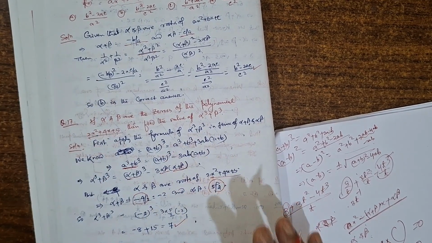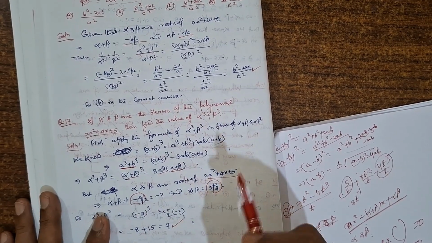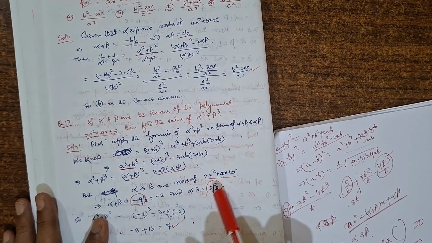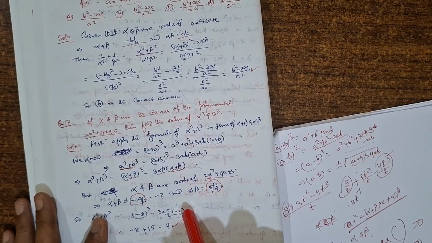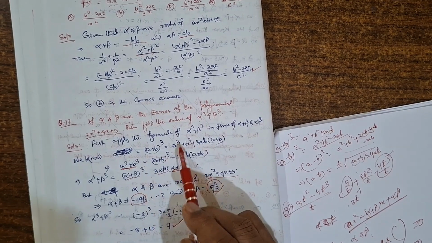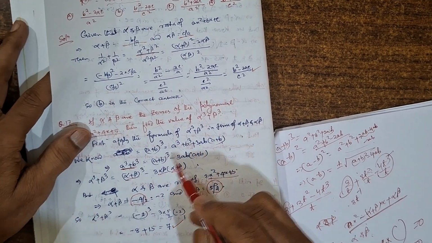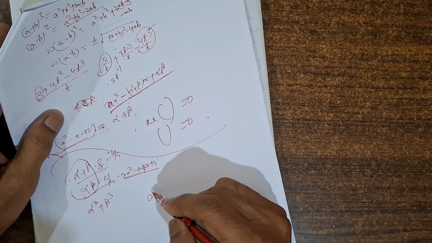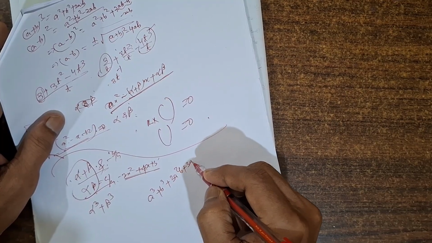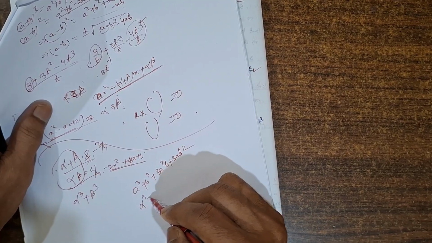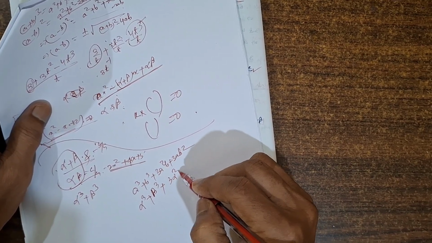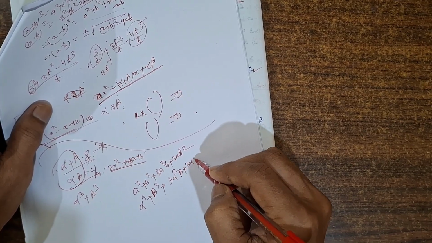It is only algebraic calculation and simplification, only the formula to be used: a cube plus b cube is (a plus b) whole cube minus 3ab into (a plus b). Why? Because if you apply the detailed formula, a cube plus b cube plus 3 a square b plus 3 ab square, or alpha cube plus beta cube plus 3 alpha square beta plus 3 alpha beta square,